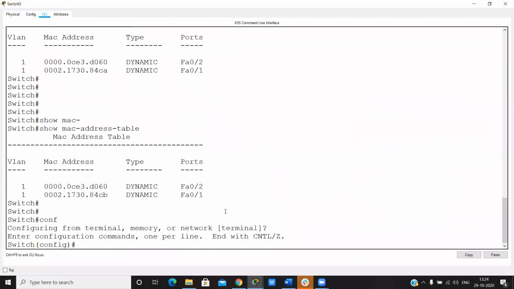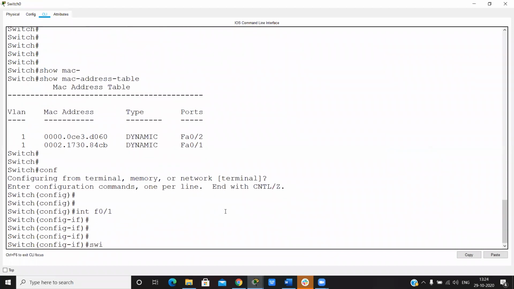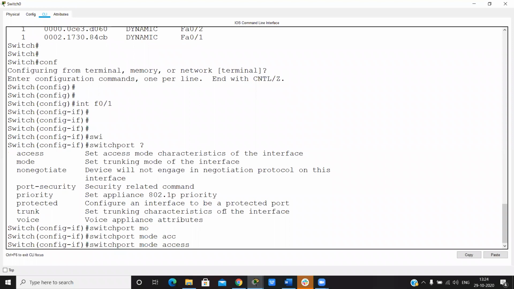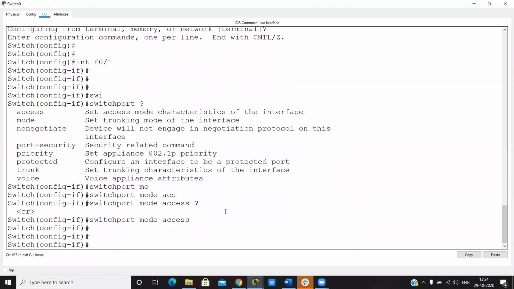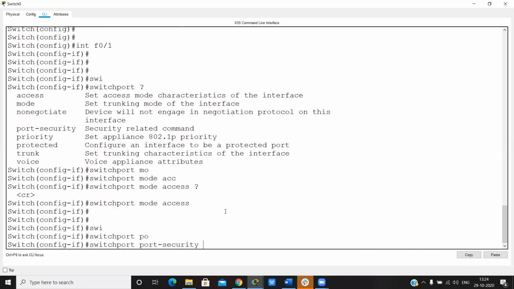Go into global configuration mode, interface F0/1, switchport mode access. Firstly, we make it an access port. Now we enable switchport port-security.